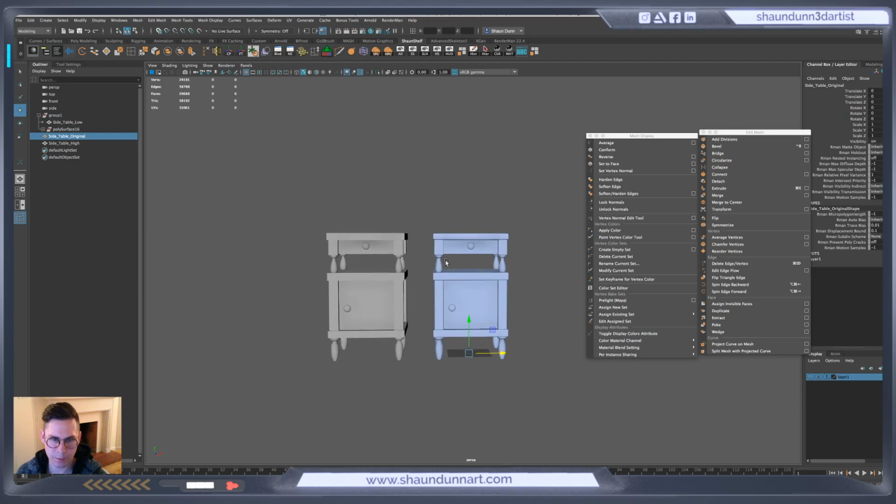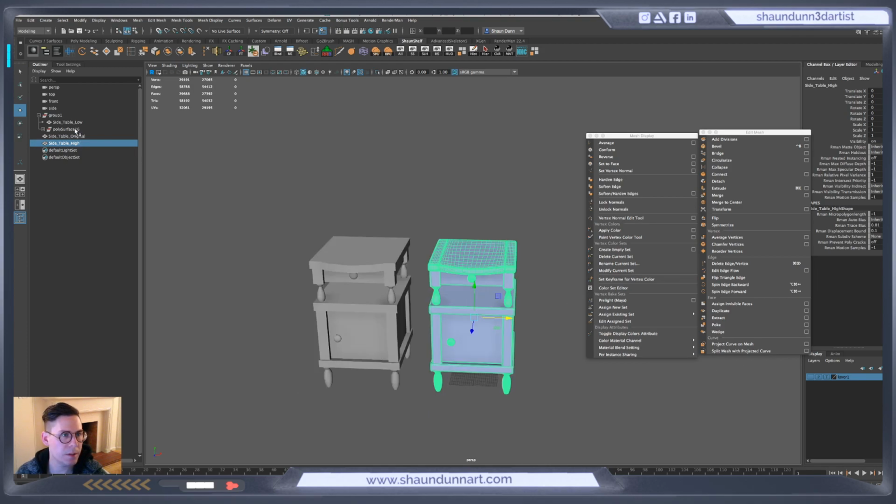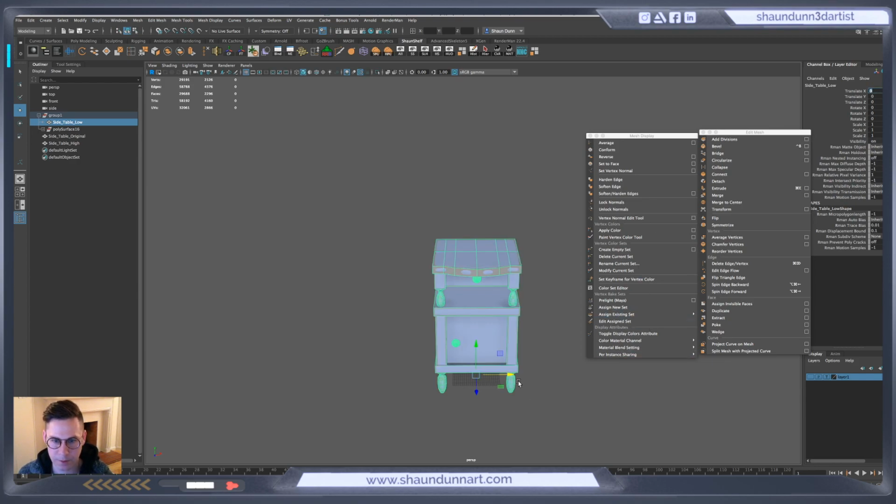So I think we're good. So what we can do now is bake it out. And the way to do that, there's a lot of ways. You can go into Substance Painter, you can go into Marmoset, you can do it in Maya. I'm going to do it in Marmoset, and it works pretty well there. So what we're going to do is bake it out in Marmoset, and